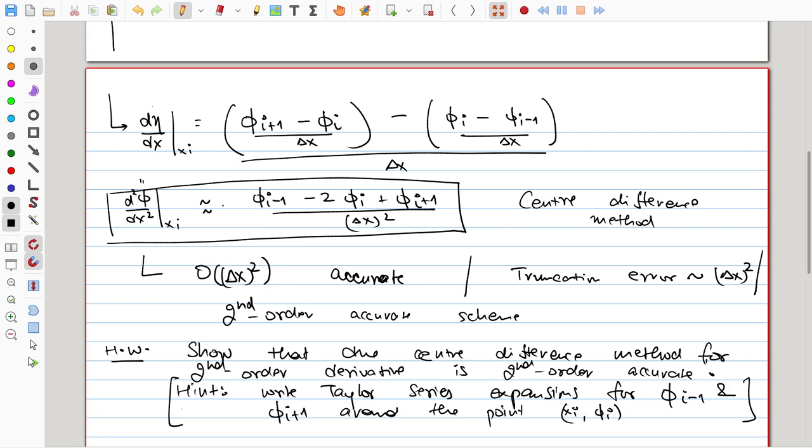We are approximating the second order derivative using this difference formula. It's an approximation, and that is the reason when we do the analysis for the error order, we substitute the actual expression for phi i minus 1 and phi i plus 1 using Taylor series, and then we see that there is some error involved, and that error is what we are trying to identify